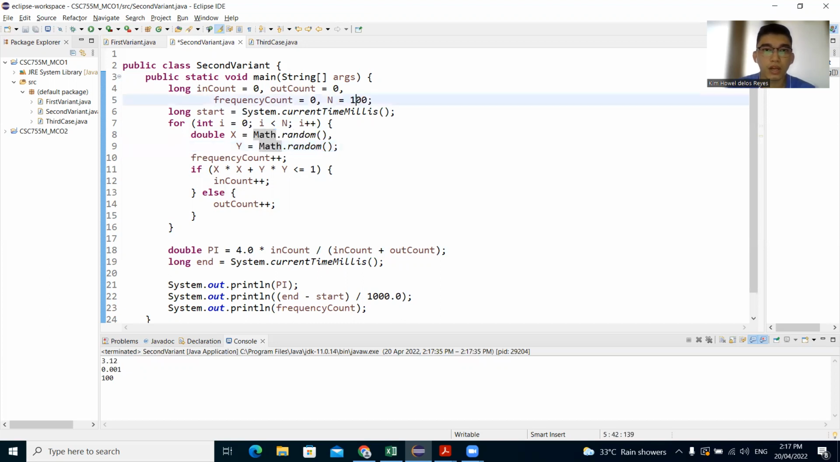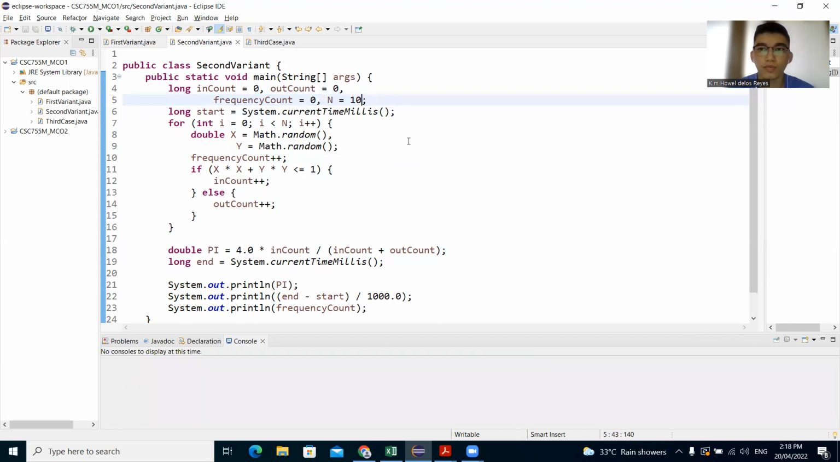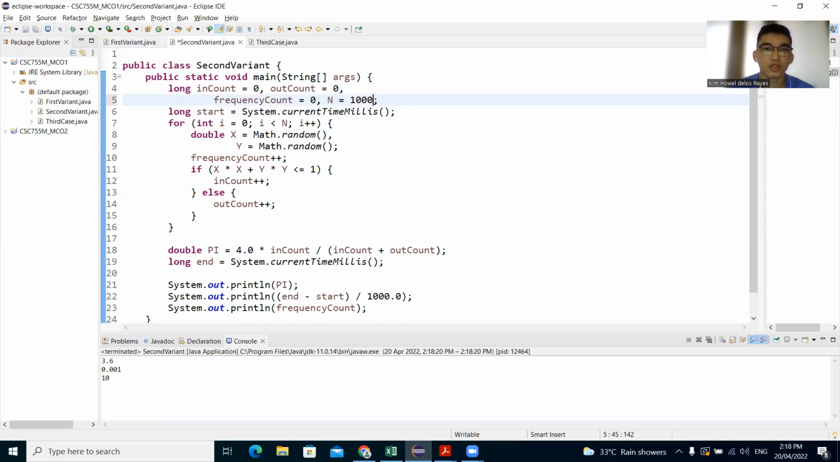But whenever we increase the value of n here, as we can observe, that's 3.088, 3.096, 3.18, 3.152. Okay, it's getting closer and closer compared to when we only have a few points, let's say only 10 points: 3.2, 2.4, 2.8, 2.4, 3.6. Okay. So as we increase the number of n points that we are generating, so let's say we have 10,000 points, we'll be having a computed value for pi which is much closer to the actual value of pi,